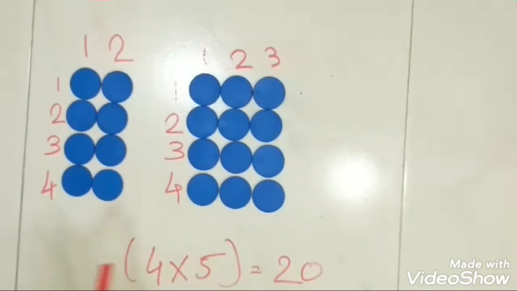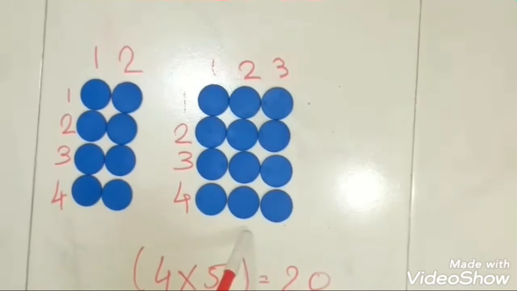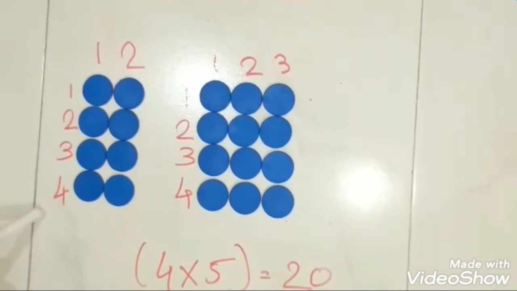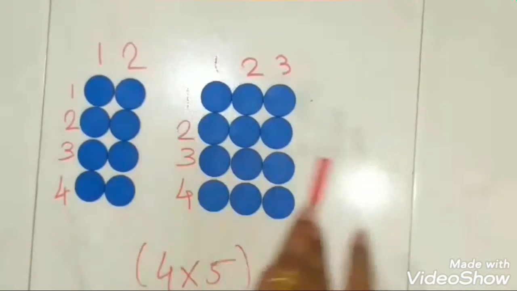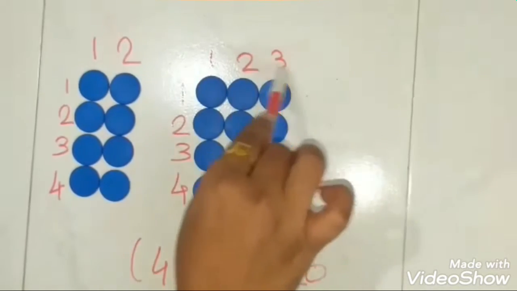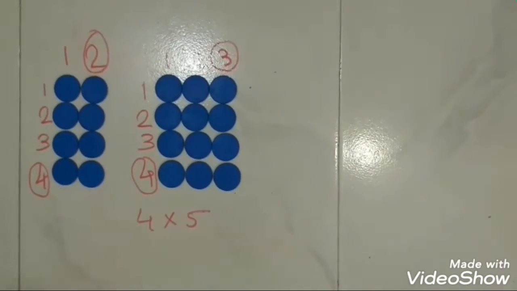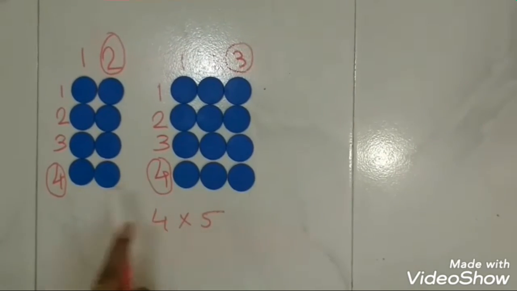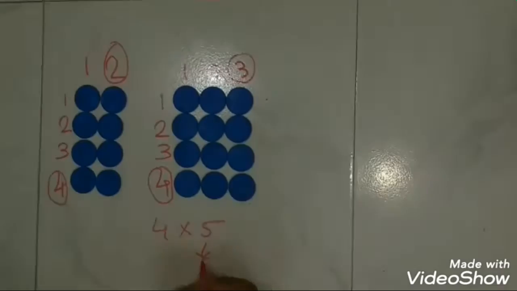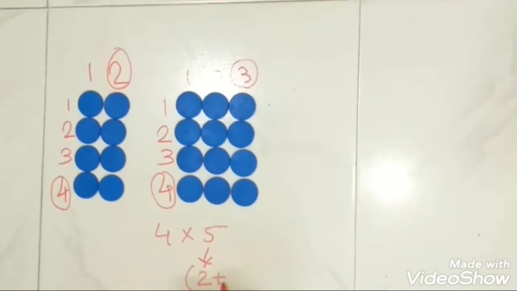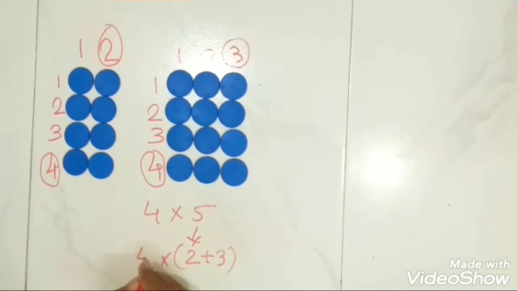Now I have two shapes here, but they are not squares, they are also rectangles. If you observe here, I have 4 rows, and here also I have 4 rows. It means I distributed only the columns. You can see here I have 3 columns and here I have 2 columns. So now we will calculate. First of all, you all know we distributed our columns. So 3 columns and 2 columns means we distributed 5. How? 2 plus 3, but the 4 rows are the same, so we have to multiply by 4.